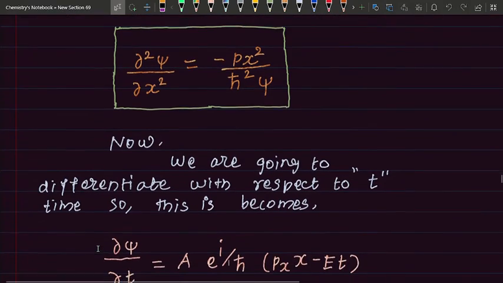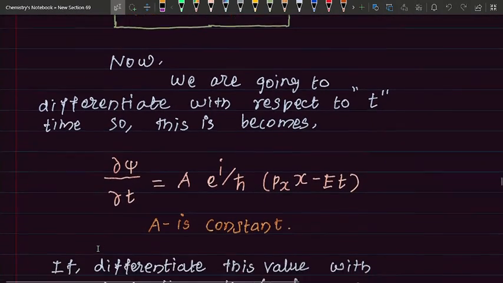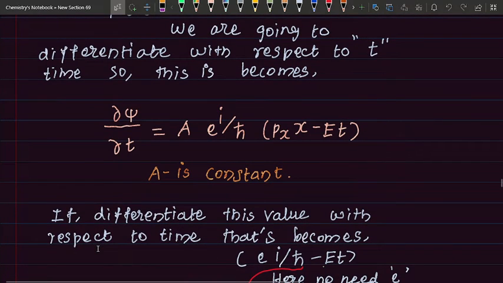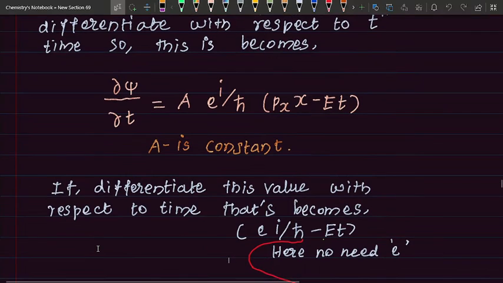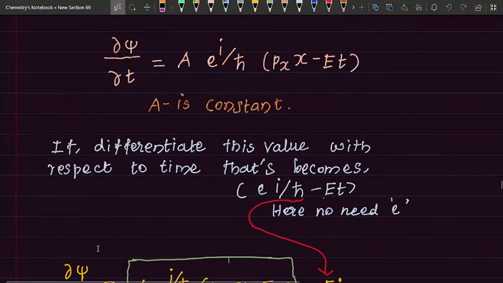So ψ = a e^(i/ħ (px x − Et)), where a is the constant. If we differentiate this value with respect to time, we see here,